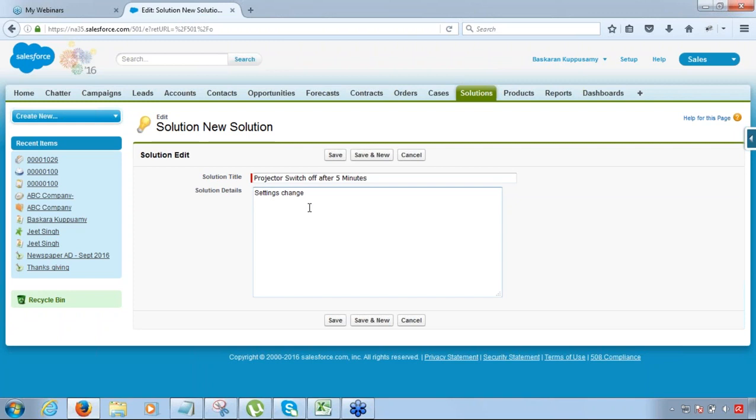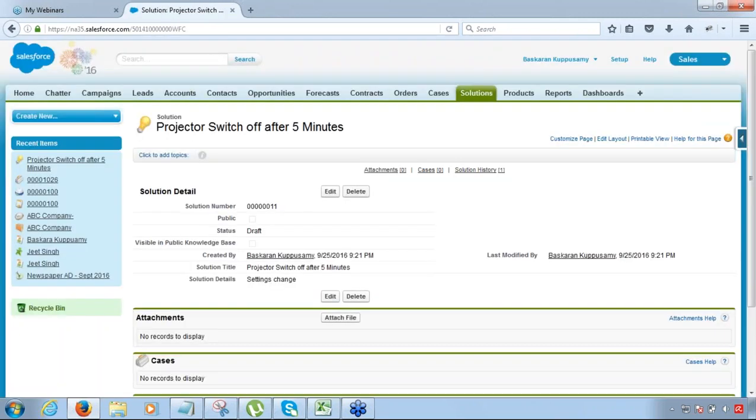Okay, so in this case there can be a few common issues and a few common solutions for them, right? Those can be listed here in the solutions entity for two reasons. One, the customer support team can quickly look into these solutions and help the client. So every time a customer comes up, instead of logging a case, sometimes I can, if I'm sitting in the customer support